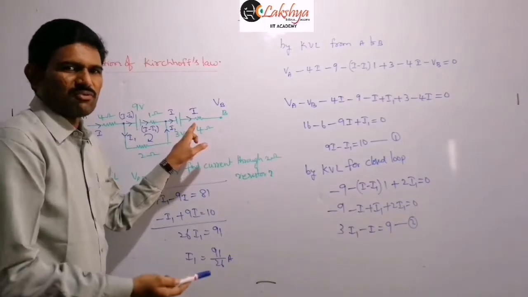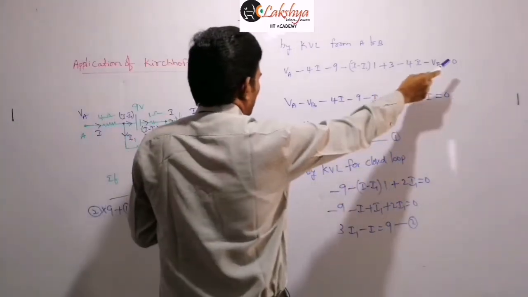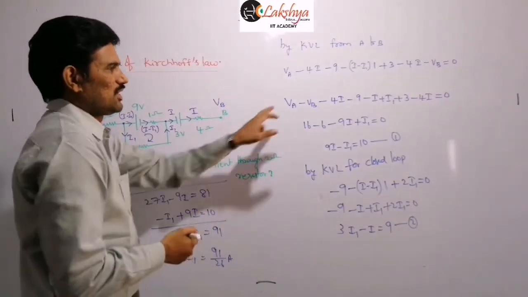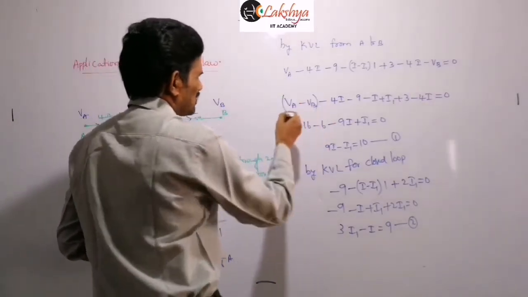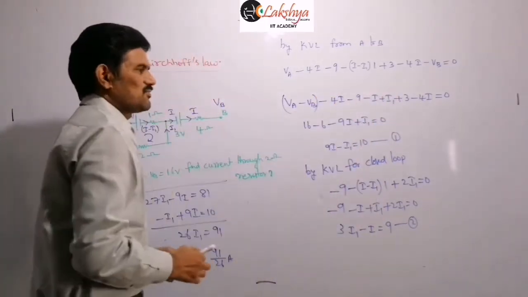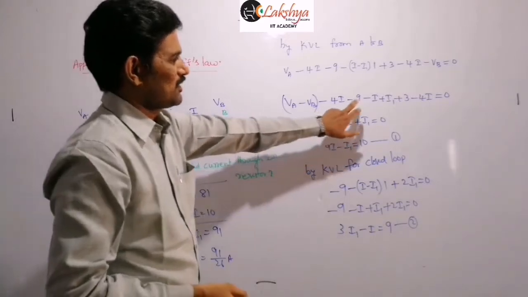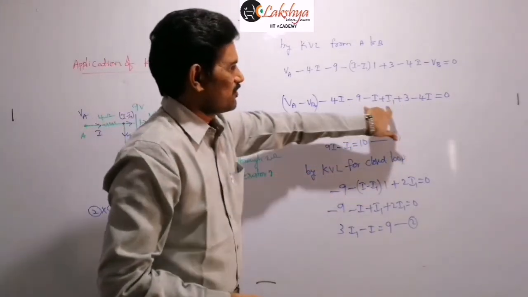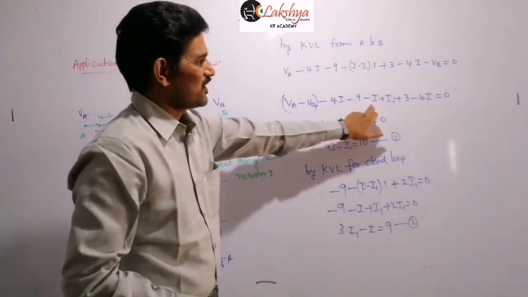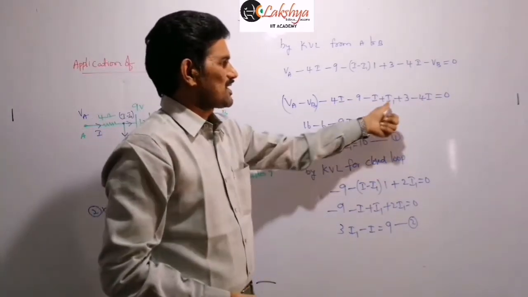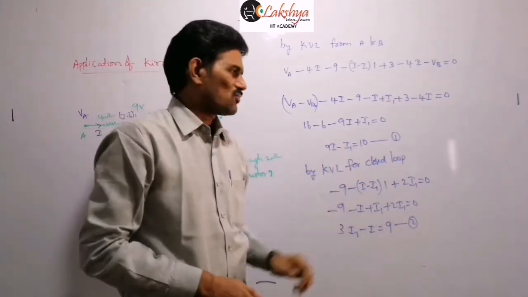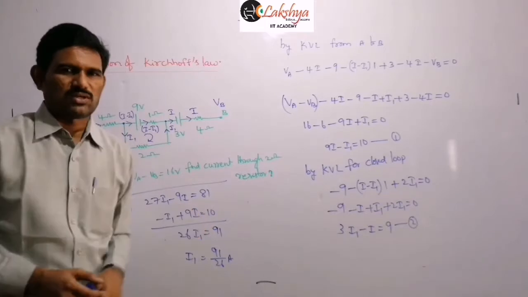Next for this we are traveling in the direction of current, so minus 4I, and this value is equal to minus VB, that means VA minus VB is equal to 0. Then VA minus VB I am writing together because that value is given for this, and the remaining you can simplify here. Then this VA minus VB value is given as 16, and the remaining constants: minus 9 and plus 3, so I am taking that as minus 6, and the remaining I values, 4I, that means 5I, and this is 9I. So 9I plus I1, and finally we can write this equation as 9I minus I1 is equal to 10. So I am taking that as equation 1.